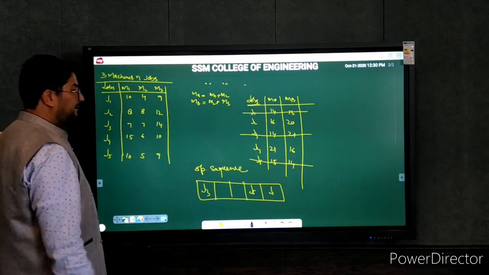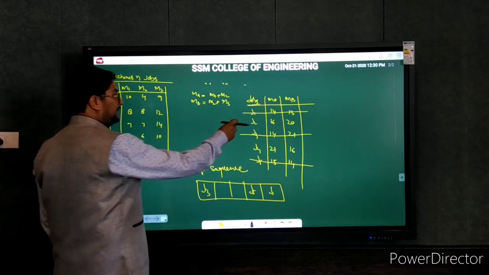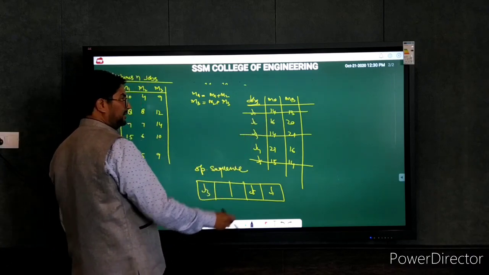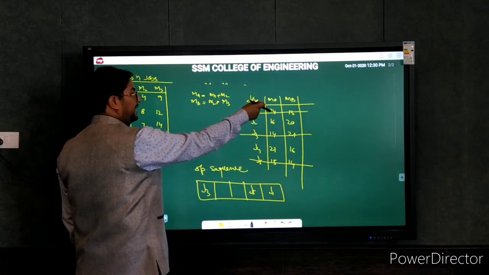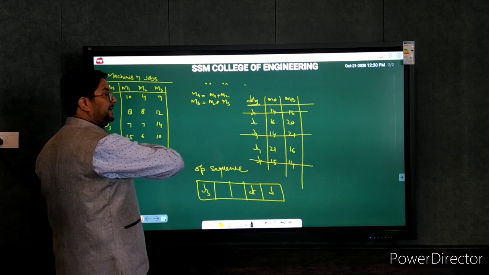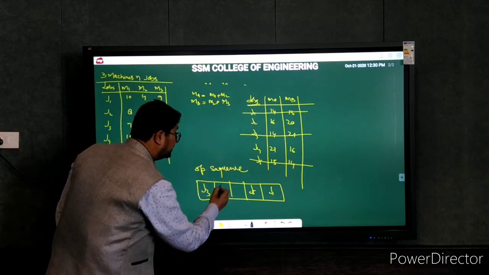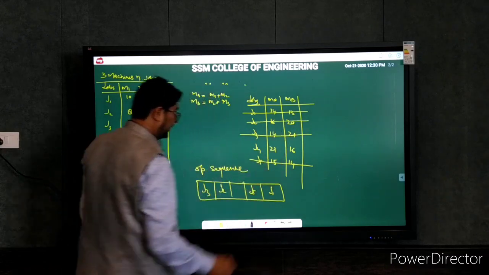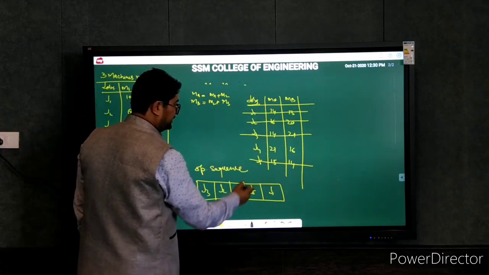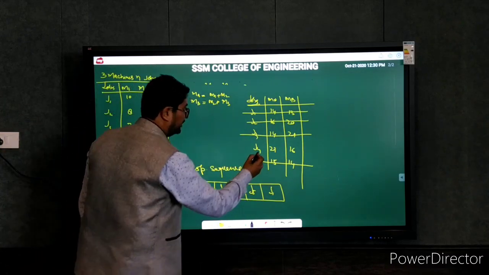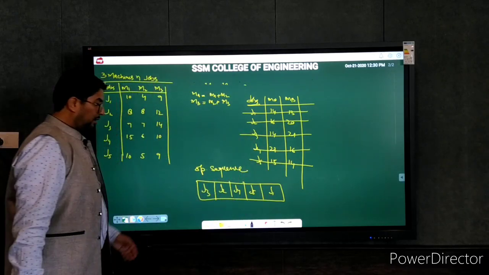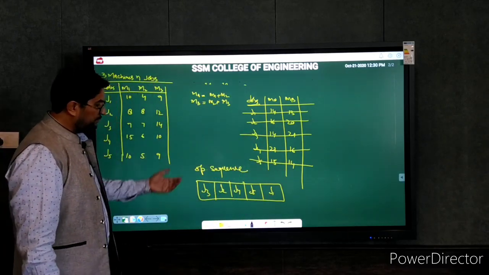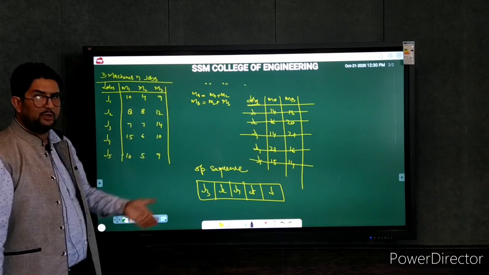Again, we have 16 from 2 different machines. We'll take this 16, for instance. This is from machine A. It will go to the left extreme. So job 2 will be here. This is gone. And ultimately for this 16, it is J4. So we have found the optimal sequence to complete all these jobs.